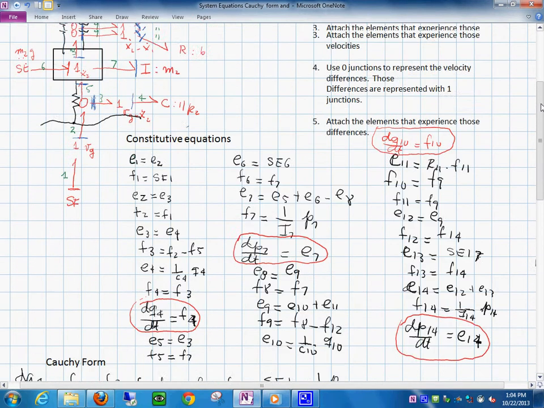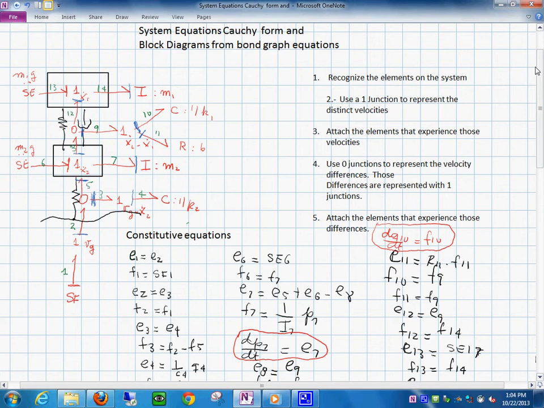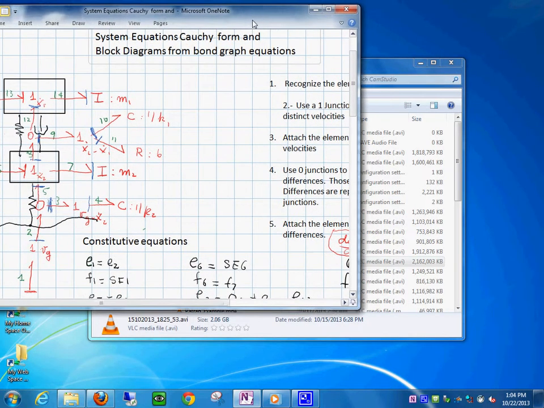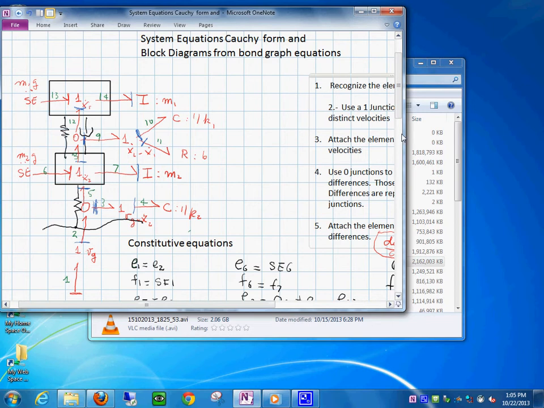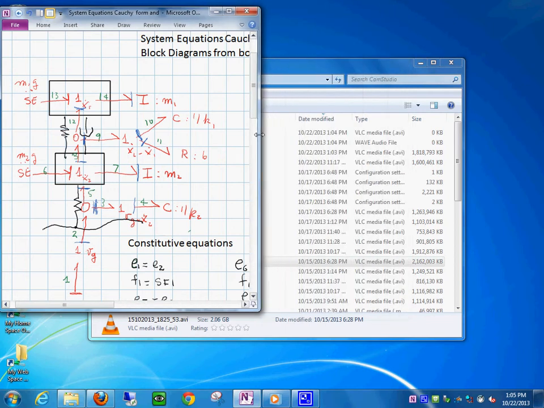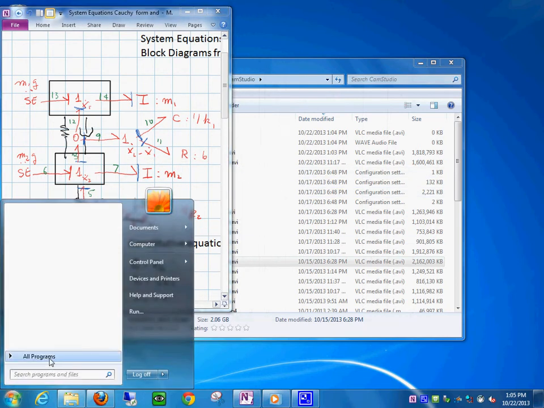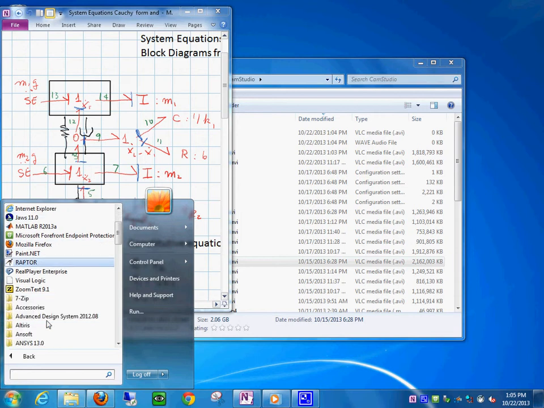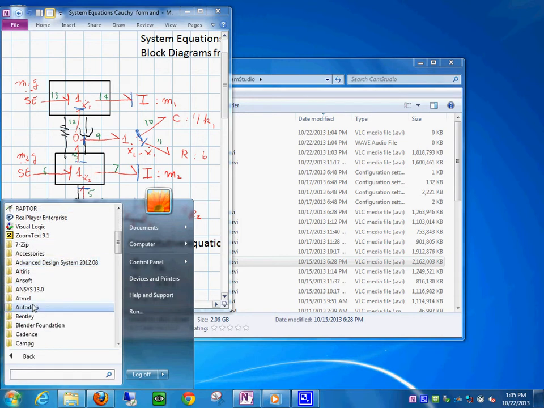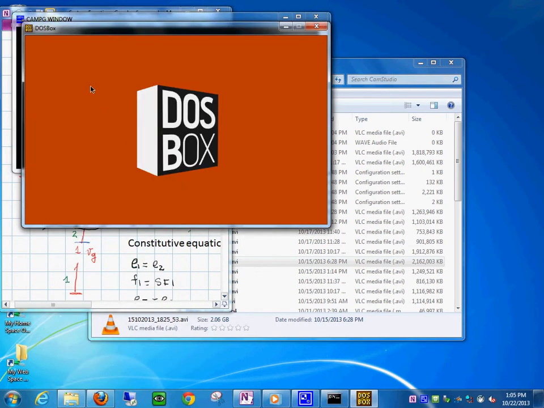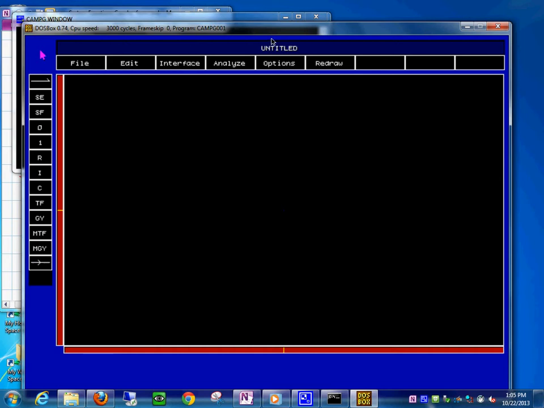I need to keep my bond graph model. I don't need any of these instructions. I just need the bond graph model. I am going to go to the CAMPG software right here, and then go to a window in here and create a new model. I'm going to create a new model